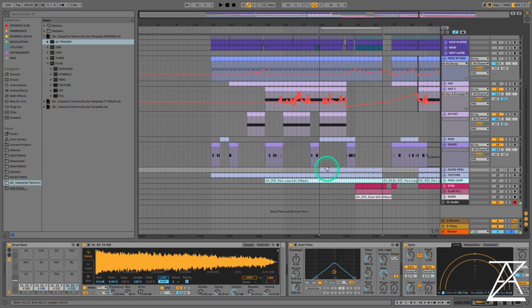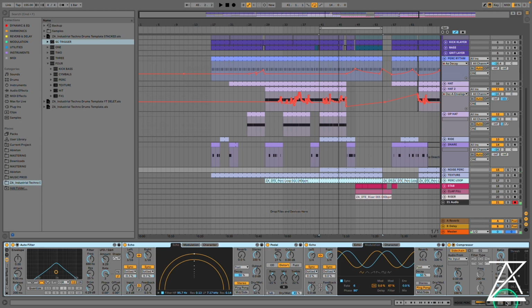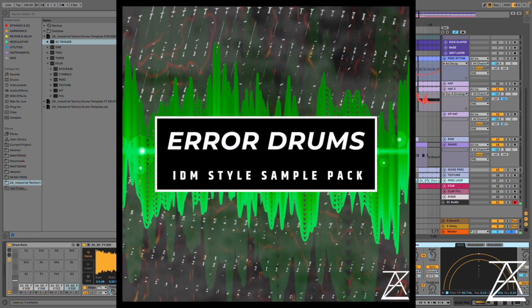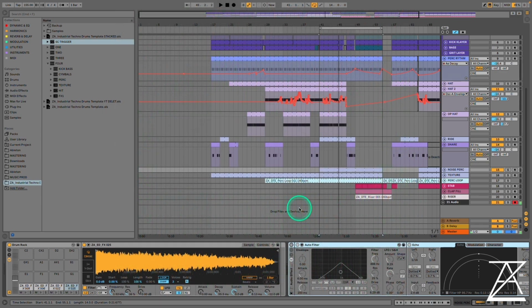Okay, next let's look at the noise perk. So this is using a sample from our pack Error Drums. A really interesting pack that can be used for all sorts of different styles of electronic music. There's also some effects from that pack used in other parts of this project, but the sample on its own